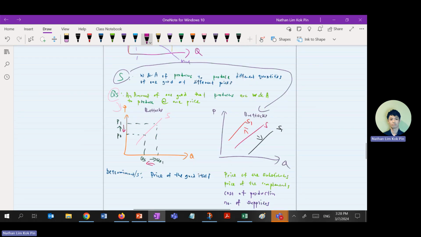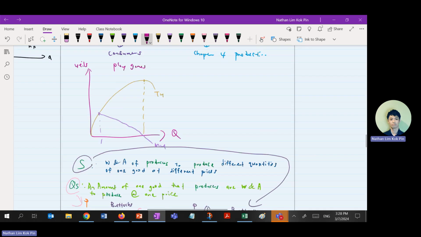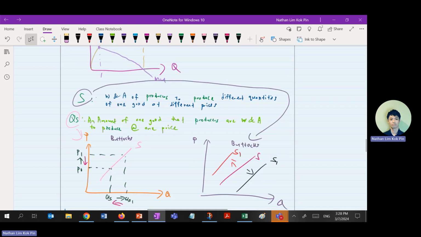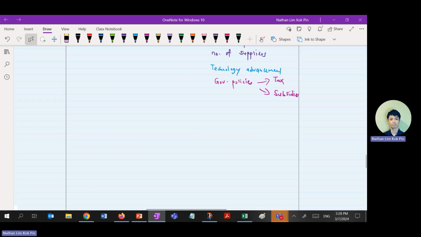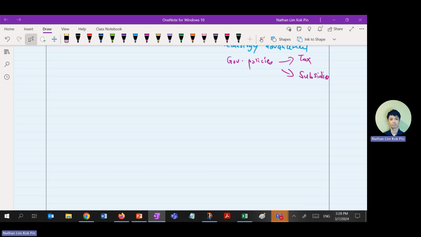Okay? So if they ask you determinants of demand, they will not ask you determinants of supply. Right? This part will take around maybe 10% of your marks. The next thing we do together is the